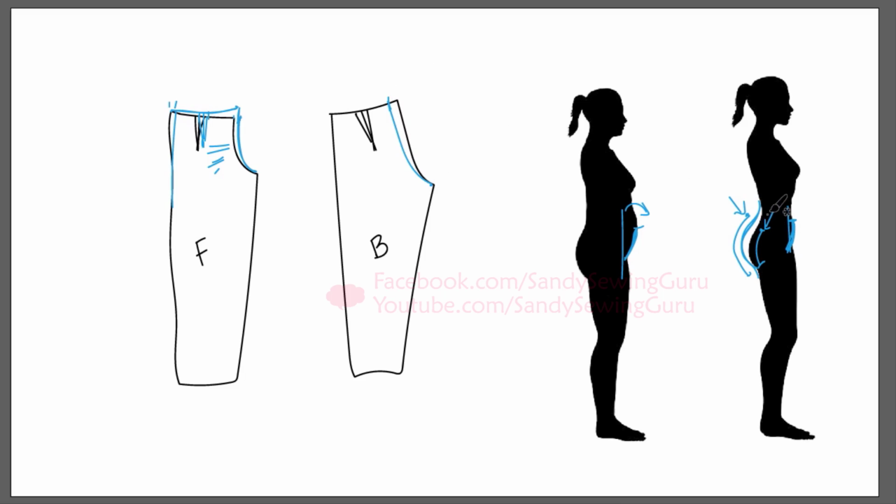Now this will be like for the distance from here to here, right? But as we said, this line will be longer than this one, so we need to also add the same you went in of the pattern here. You need to mark it upward. So if I mark here 1 centimeter higher, and then join with the waistline like this. So the crotch line for a big butt will be higher and also more slanted than a regular one. If you have a flat butt,